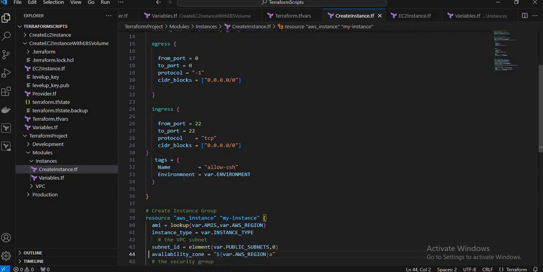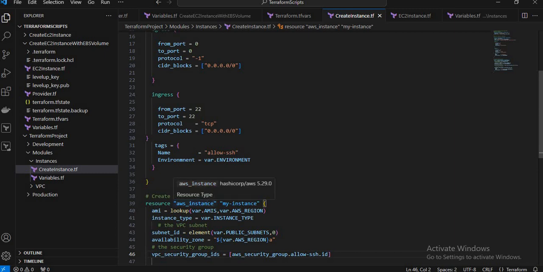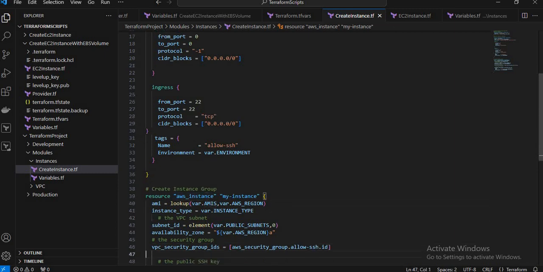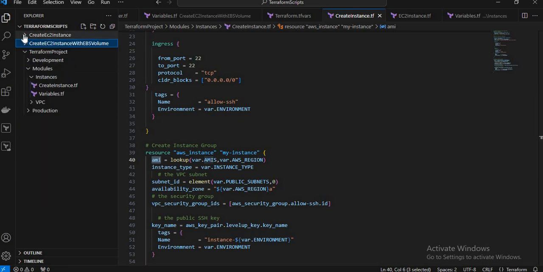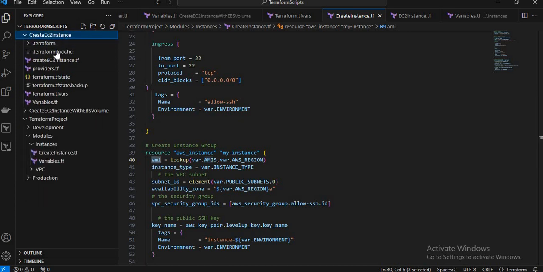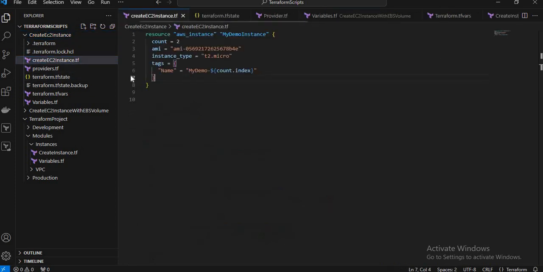And then here we are defining the actual EC2 resource. So you can take the AMI. Usually we have defined a hard-coded AMI. So I'll show you a previous example. See here, create EC2 instance, and if you check out here, we have defined a hard-coded AMI like this. But now what we are doing,